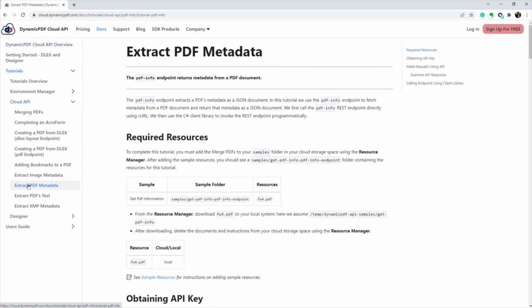This brings us to the tutorial Extract PDF Metadata. To complete this tutorial, we must first add the PDFs that we need to our samples folder in cloud storage space, and we add them using the resource manager. Let's go ahead and see what we need to add. We need to add